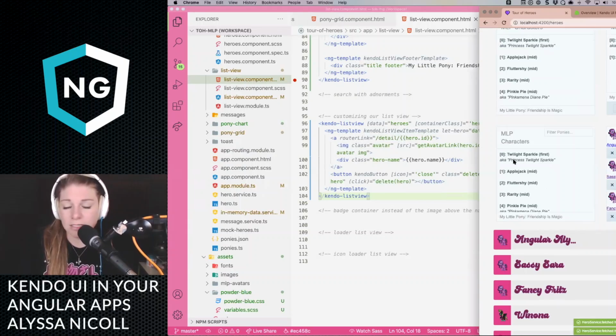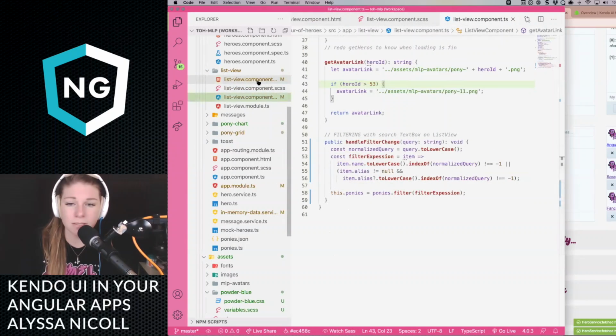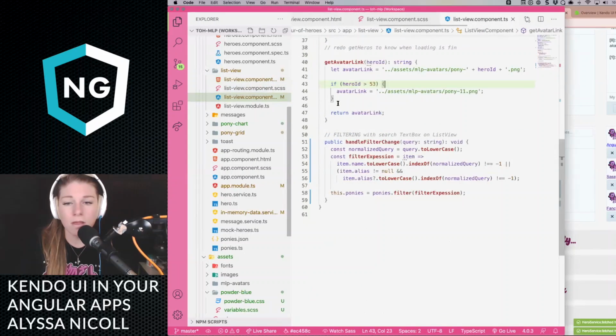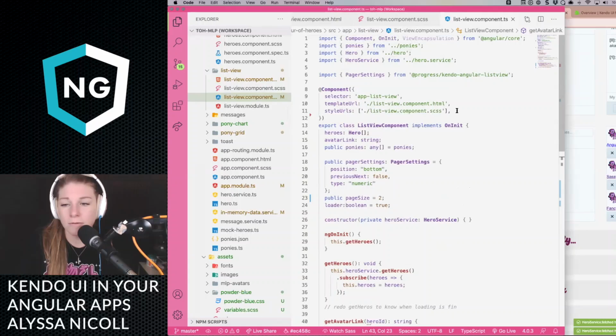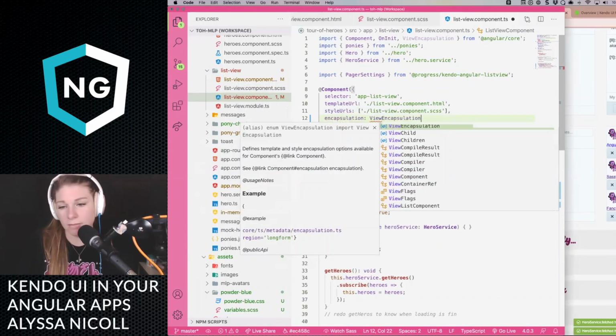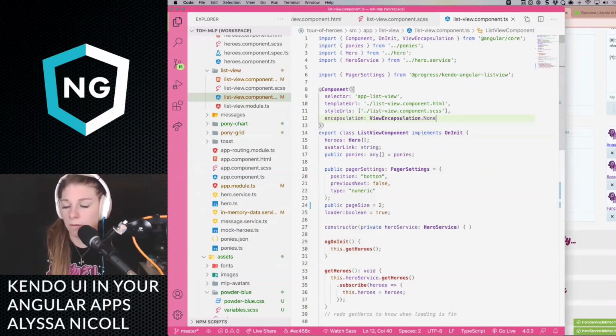You might be curious as to why the styles are broken. And that's because, of course, I turned off view encapsulation. And so if I go back, I am going to find it. Encapsulation, ViewEncapsulation.None. It has to be capital. Save that.